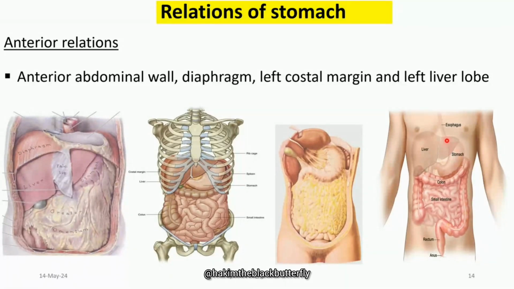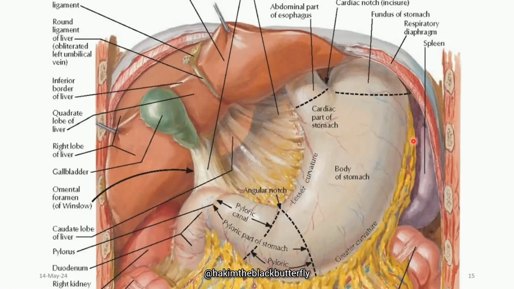Okay, so once again you can see the relations here: the diaphragm, the left lobe of the liver, the abdominal wall, which has been removed. All those are structures anterior to your stomach. Posteriorly,